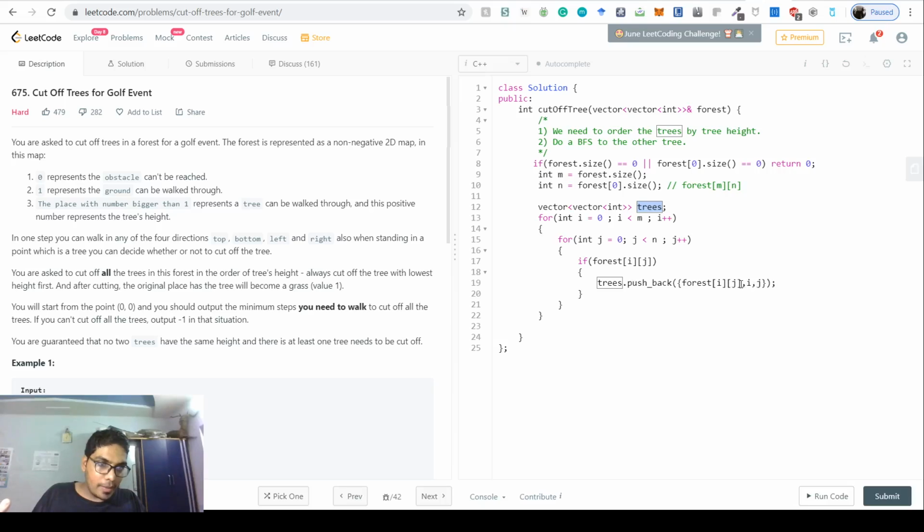So we want it to be compared by the first element, and we don't mind what the rest is. We just want to compare this vector with the first element. So after this is done, we just say sort, right? trees.begin and trees.end. We would not need to do anything fancy here. We do not have to have a custom comparator function. We have the sorted trees, because by default it just sorts by the first element of the vector, right? That's what we need to do.